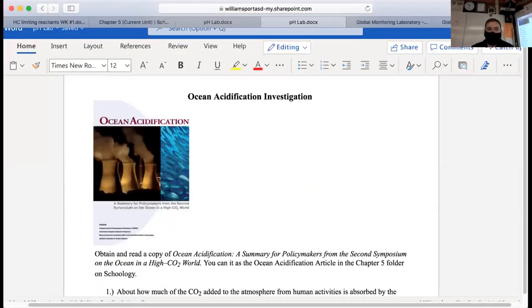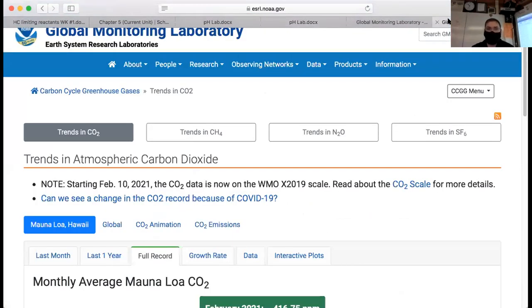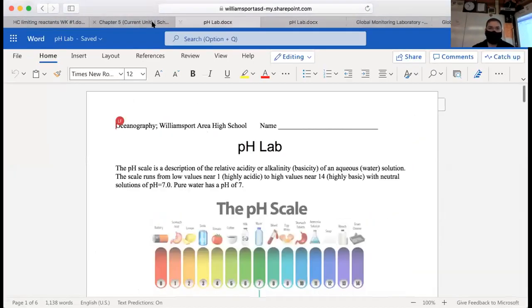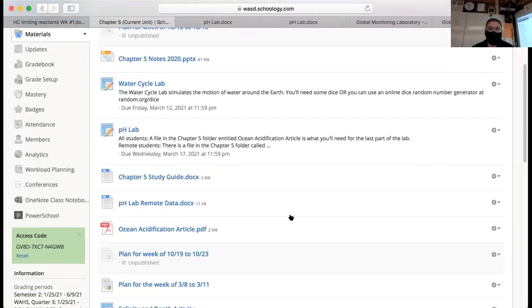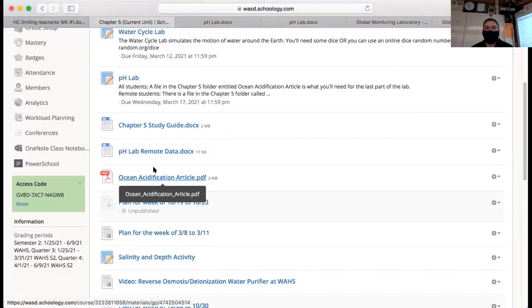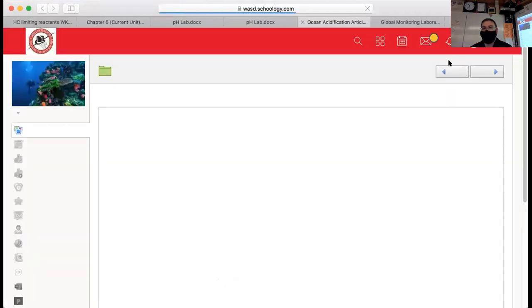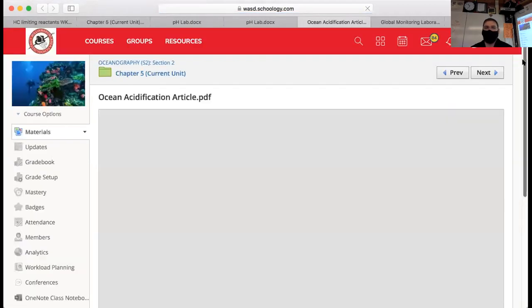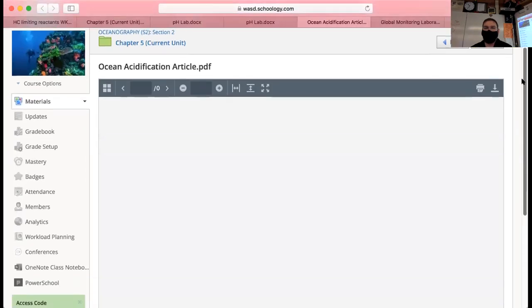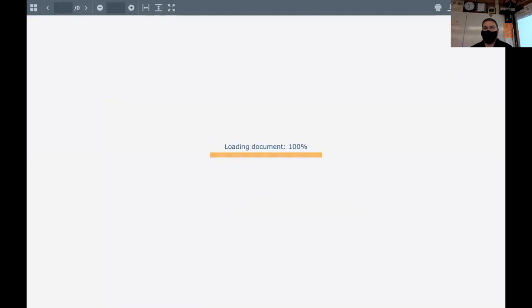But the other thing that's in the folder says ocean acidification. One of the good things about us having Schoology now is you can access these things and see them in color. Up until this year, I used to photocopy it and it was in black and white and looked crappy. So the ocean acidification article goes with the last 2 pages of the lab, and you can read this and respond to the things that you see. This is an article as a PDF, so you could download it or view it inline or whatever,